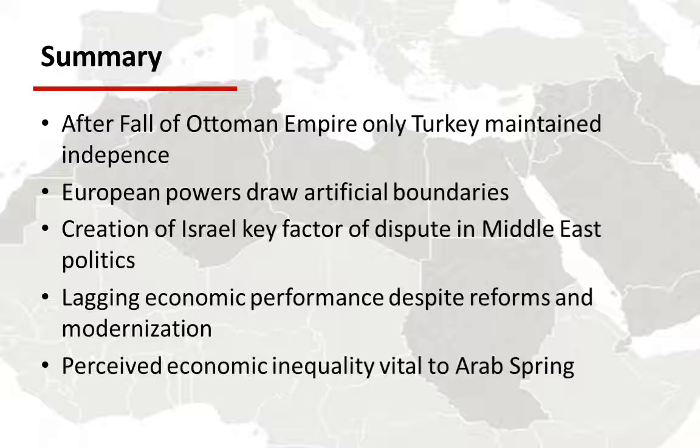So it's important to keep this in mind, especially when we talk about regional integration, and we'll talk about this more in the upcoming lectures. It's still puzzling that we have a lagging economic performance despite modernization and reform in the Middle East. One of the major explanations for this, which has been pretty convincing until today, is that political reforms did not take place. Instead of reforming political networks, authoritarian rulers strengthened their elite networks into the economic realm, expanded them, and hence made it difficult for middle class actors to enter this new economic opportunity structure due to the opening of